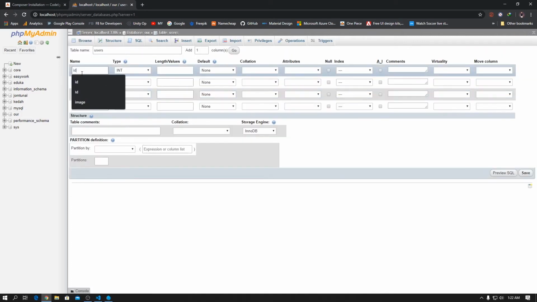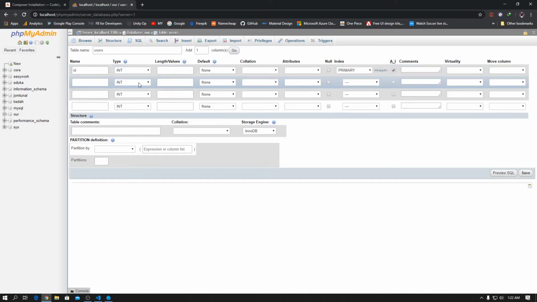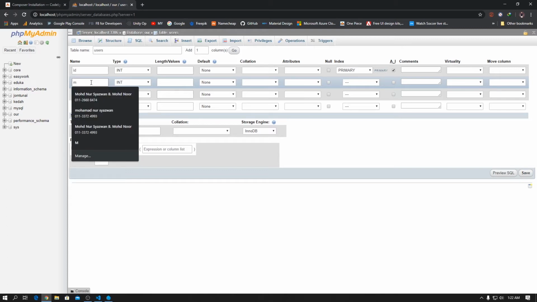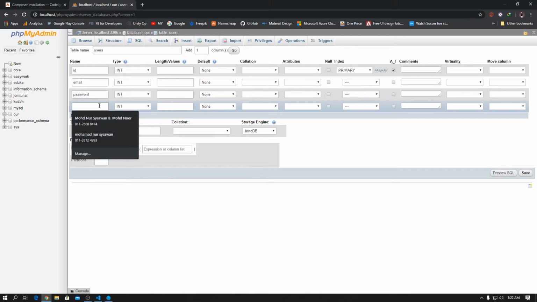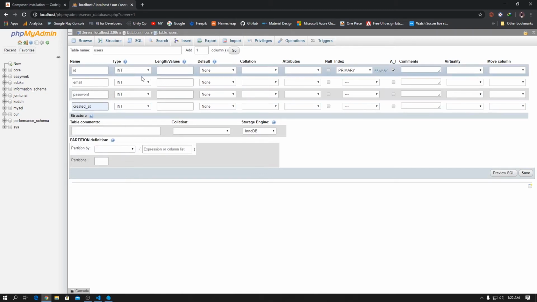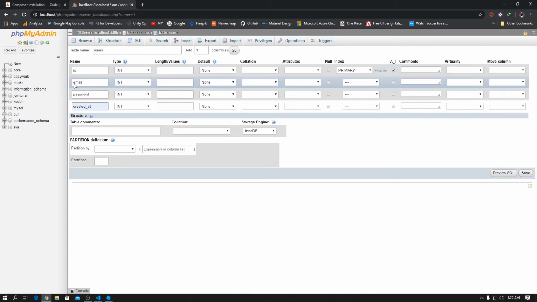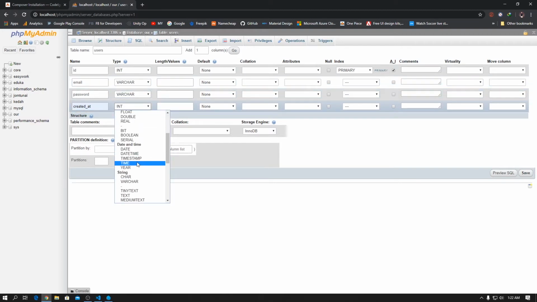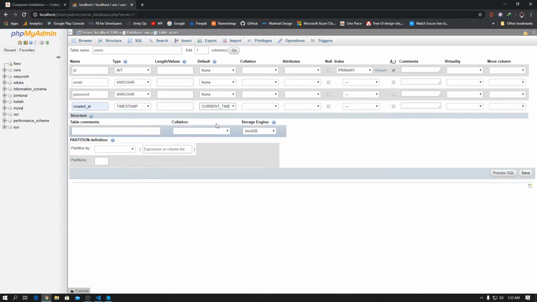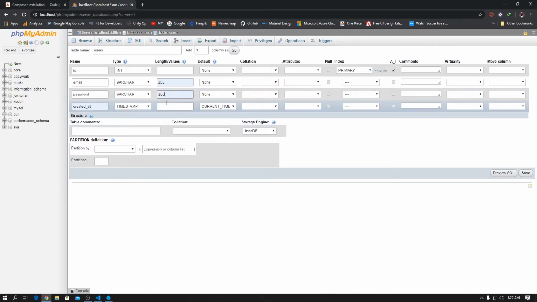The user table is going to have ID, auto increment, and then email, and then password, created. Okay. Alright, then give a type for your database, so email varchar, and then this one I'm going to set to timestamp, current timestamp, and the length,